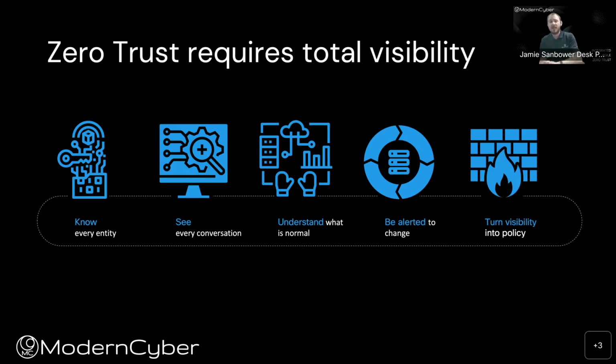The final big step for zero trust is understanding how to turn that visibility and that data into policy. And we're going to talk a lot more about that, because this is one of the bigger challenges that I see from most organizations is, well, I've got these tools, they tell me what's going on. I have no idea how to turn that visibility into policy itself.